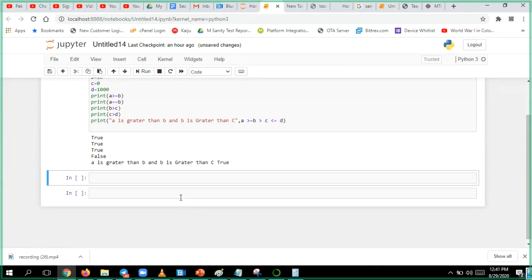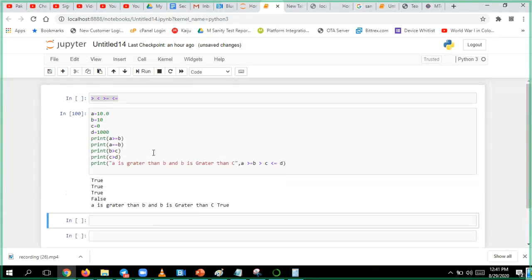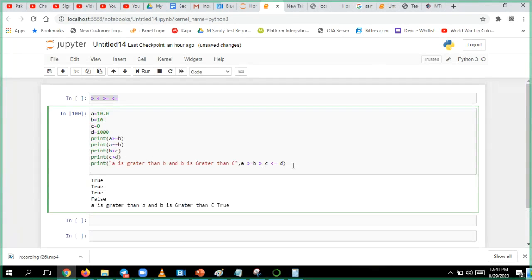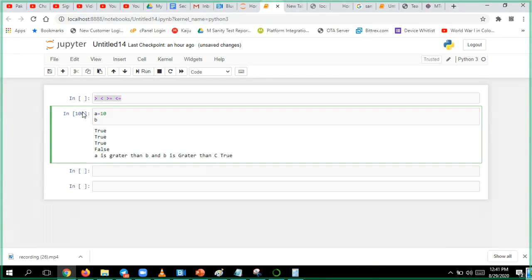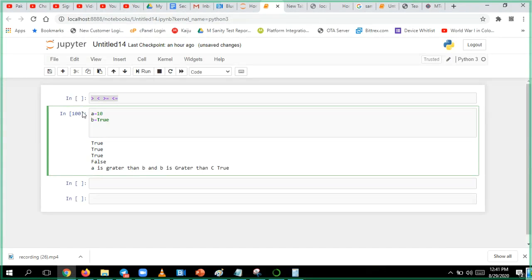Now there is one small example I'll take. Say for example, A is equal to 10, B is equal to true. Just consider this. A greater than B. What should be the answer?